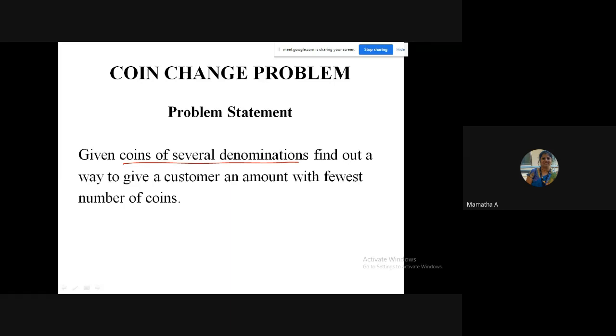You have to find a way to give a customer an amount with the fewest number of coins. This is the problem statement. A customer comes to you and tells you, give me the change for some amount such that I have the fewest number of coins.